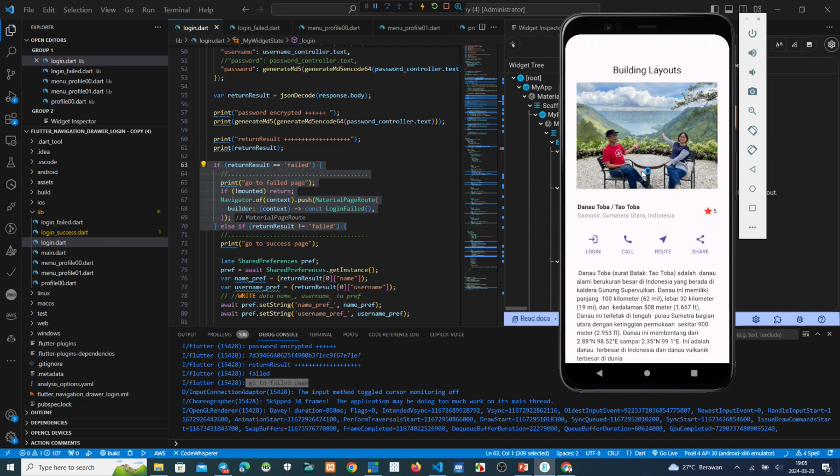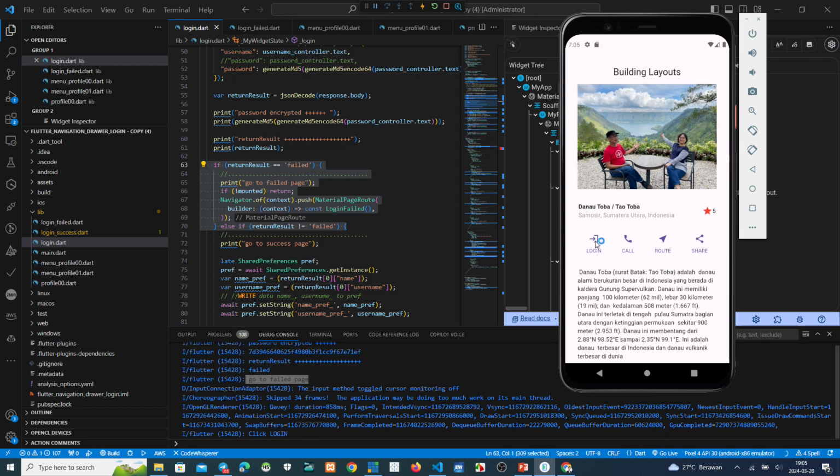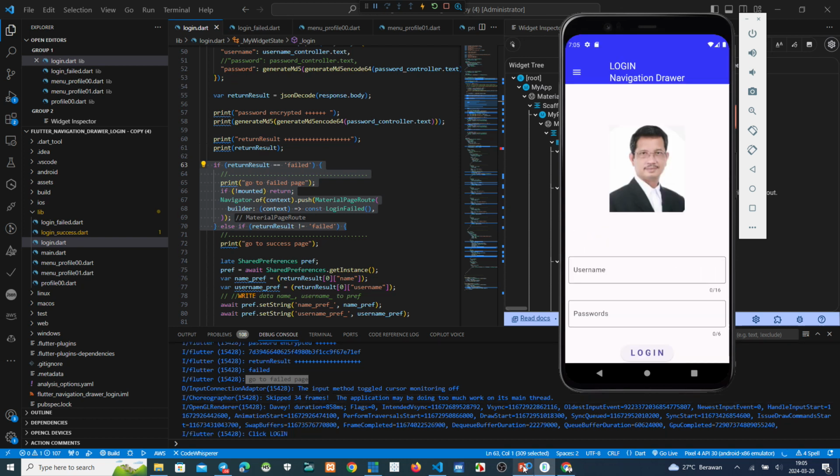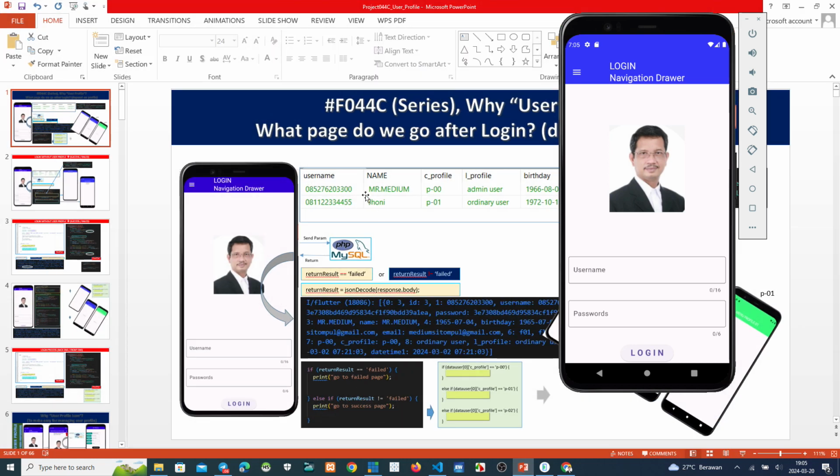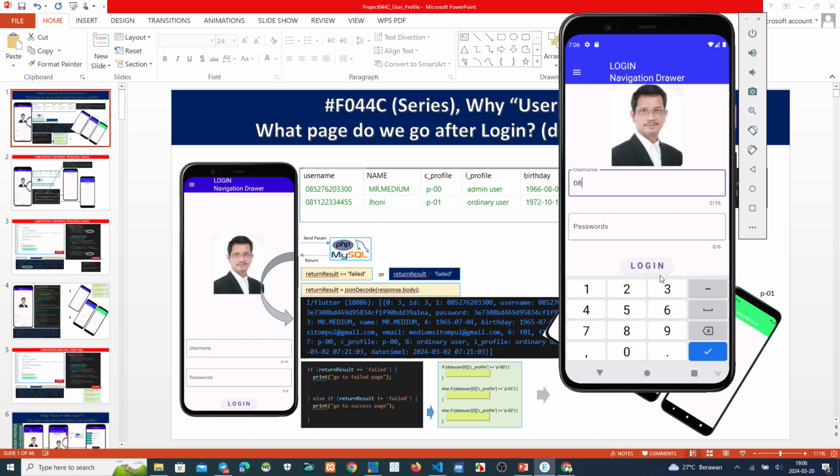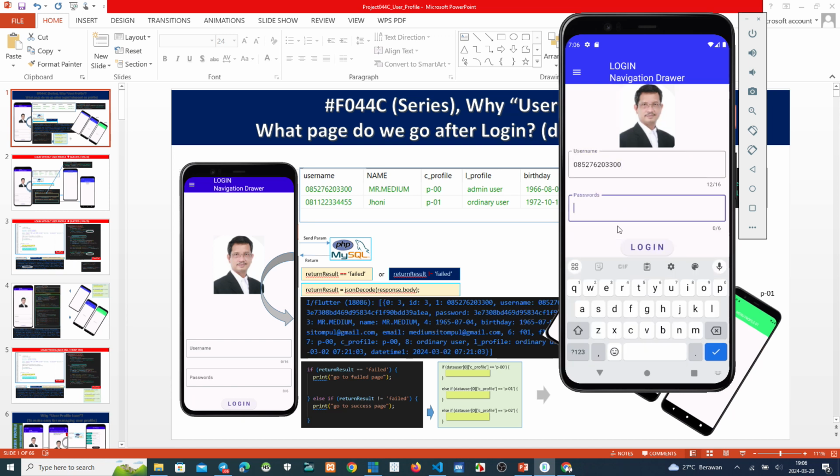Now we make the correct login by using the first one, this one, cProfile P-00. Now this is the correct password.